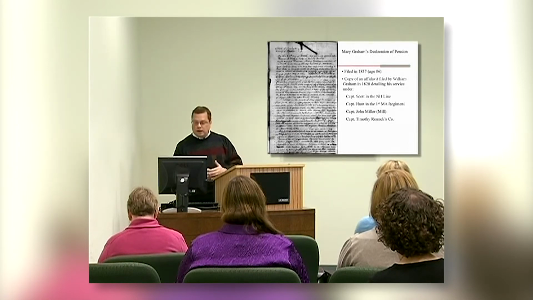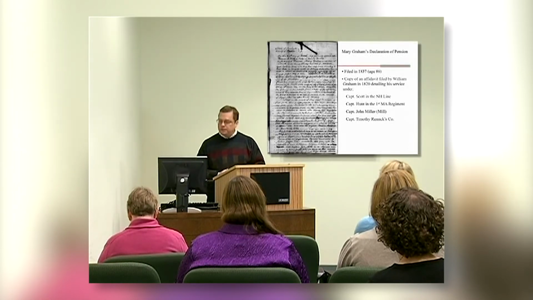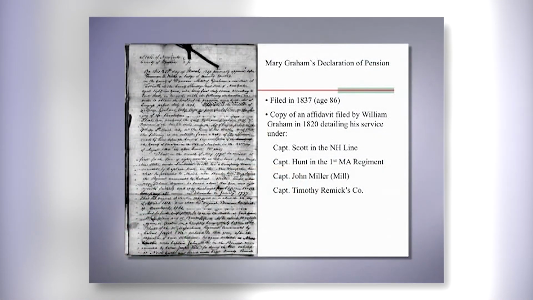After his death, Mary Graham applied for her own pension, and she again provides her own declaration, filed in 1837, and at this time she was 86 years of age. She includes a copy of the affidavit filed by William in 1820, detailing his service under both Captain Scott in the New Hampshire line, Captain Abraham Hunt in the 1st Massachusetts Regiment, and she also mentions 2 other services under Captain John Miller and Captain Timothy Remick's company, but she doesn't provide specific states or any more information about what